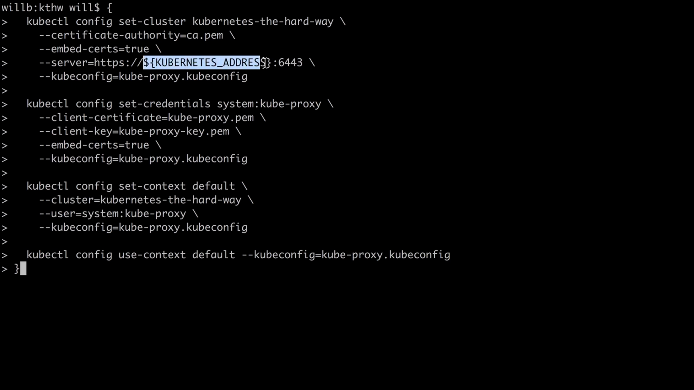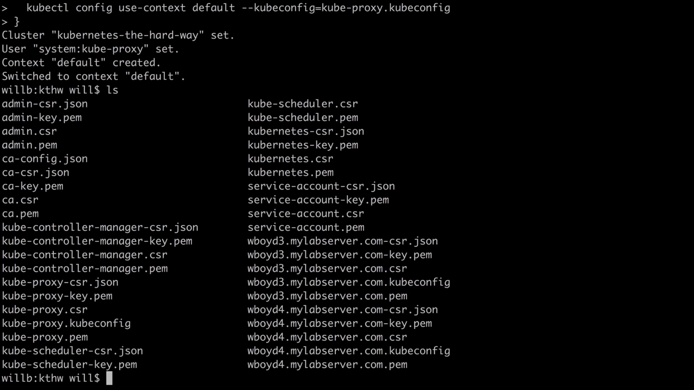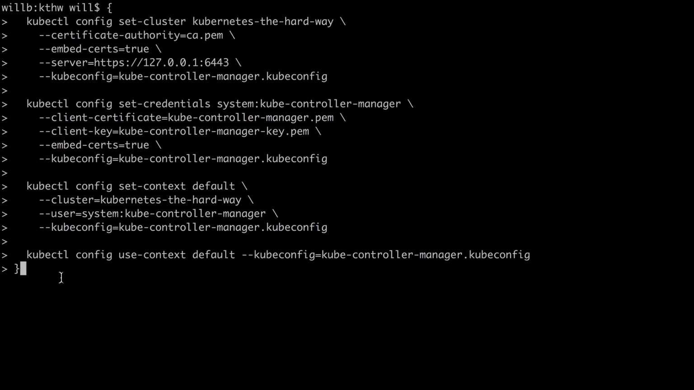And you'll notice we're referencing that Kubernetes address again, which is that load balancer IP, because kubeproxy, just like kubelet, is going through the load balancer to access the API. So I'm going to run that, and I will have my kubeproxy.kubeconfig. Now I have three more kubeconfigs that I need to generate, and these ones are even simpler than the one we just did. I'm just going to paste in that command for the kube controller manager, and here we're